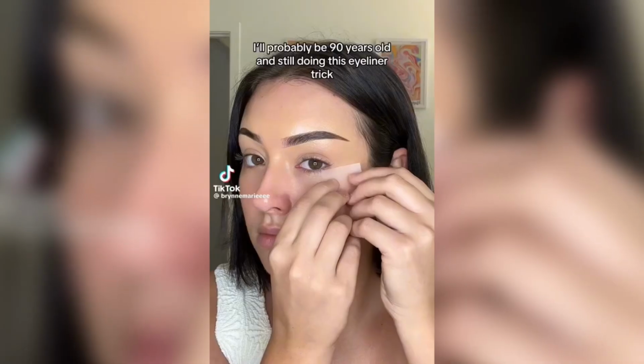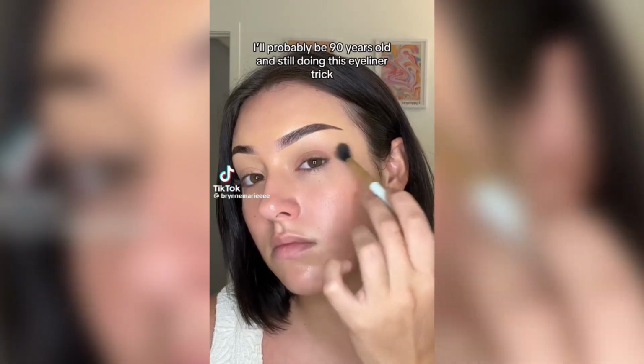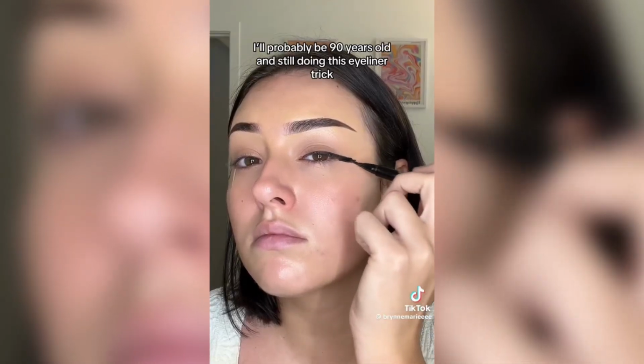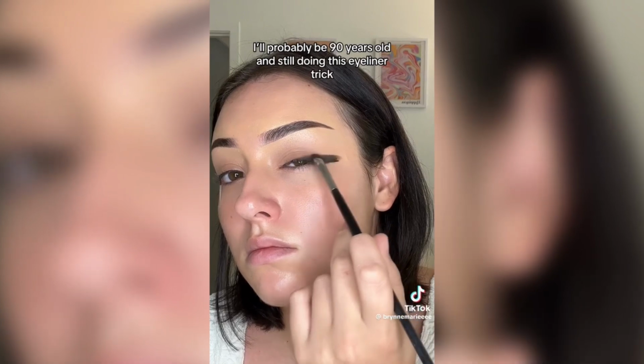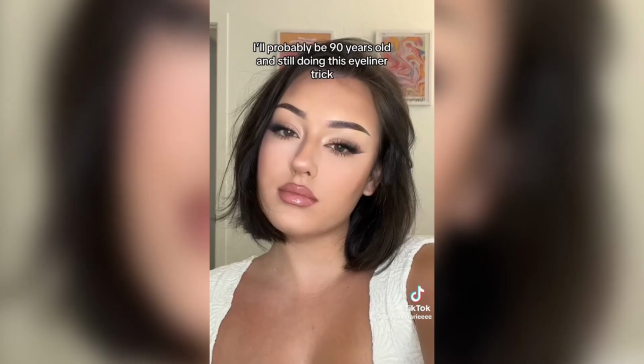Now, many of you beauties might have seen this hack already, but this version is a little different. Let me go ahead and show you. It makes a really big difference. It's really fun and just a different look. So what you do is, people had been taking their tape and angling it upwards. And then I saw this TikTok where the artist had put it more horizontal than vertical. So you want to angle it so it's just going to go straight out like this